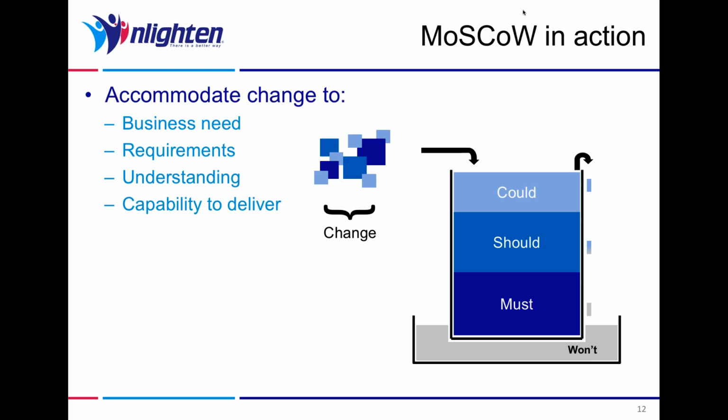So on the slide in front of you, you can see a beaker to the right-hand side of the slide. Our beaker is full to the brim with must-haves, should-haves, and could-haves. So that's the way we've planned our project. Remember, there's no additional contingency. Yeah, it should be possible to deliver everything in the time we have, but we need to be able to